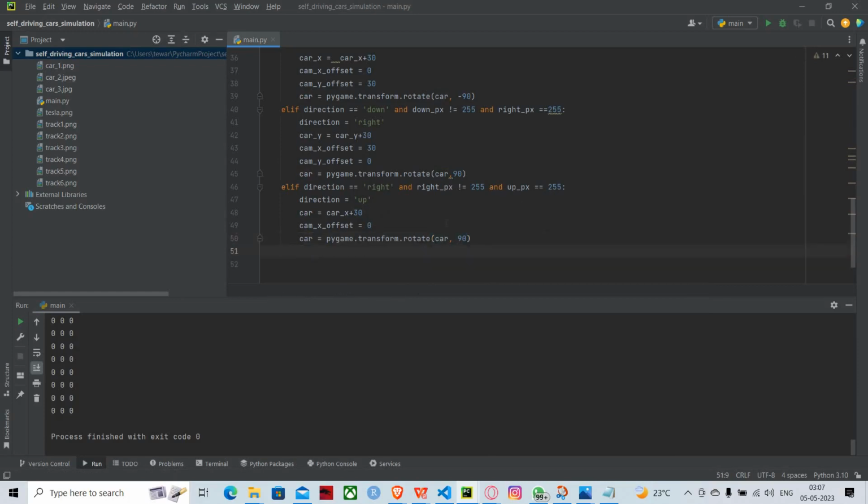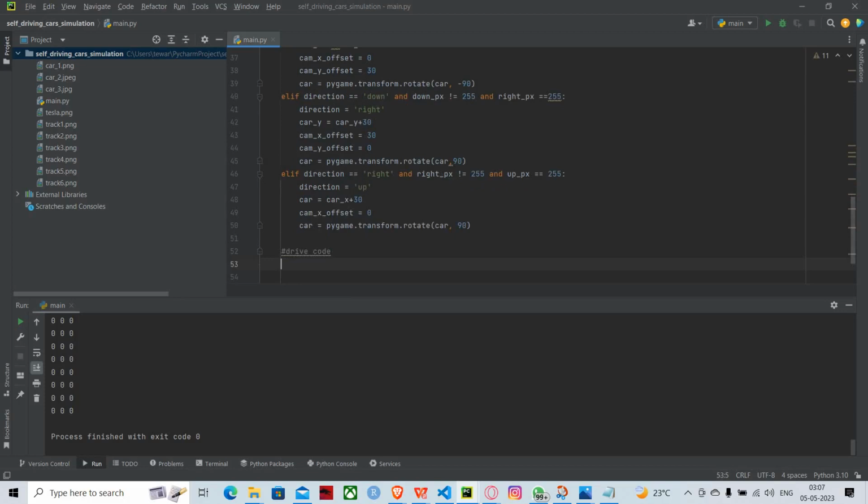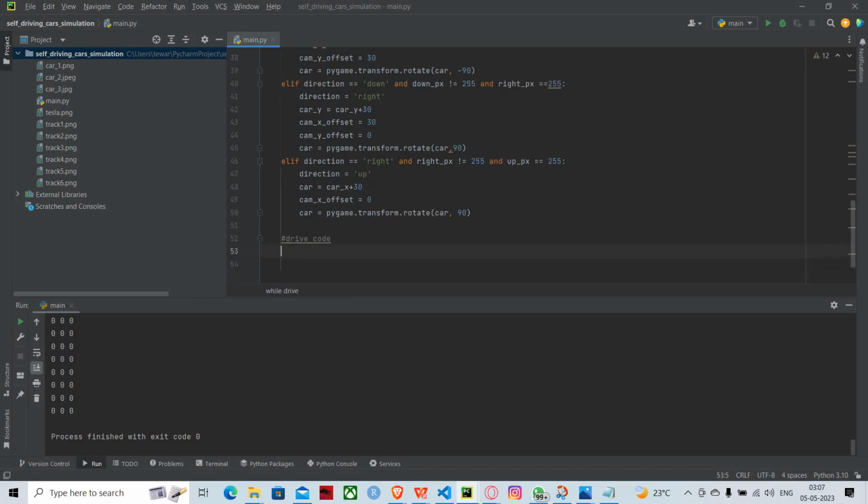So that's how our rotation will work. Now let's add the driver to which direction it is to come. Direction equals to up,